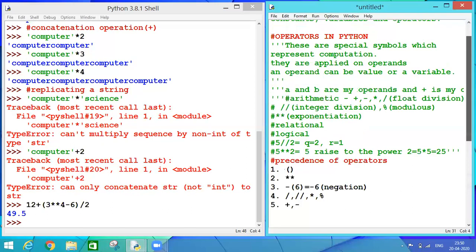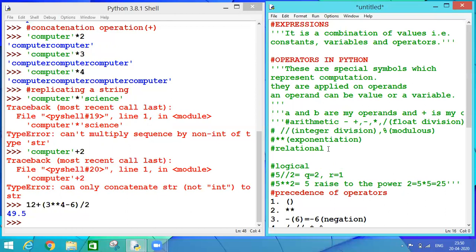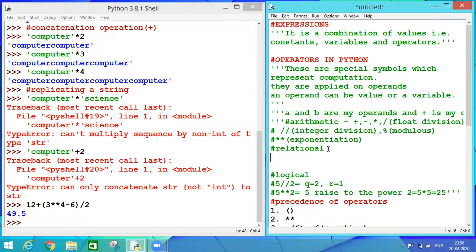So after my arithmetic operators, let's move upon relational operators. So what are my relational operators? If I talk about my relational operators, then these are less than, greater than, less than equal to, greater than equal to, then not equal to, equal to.